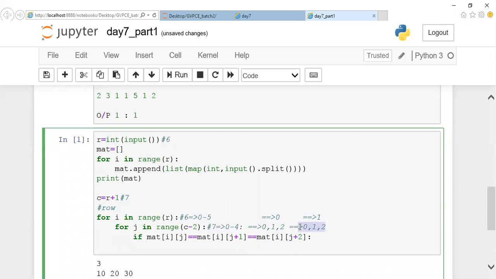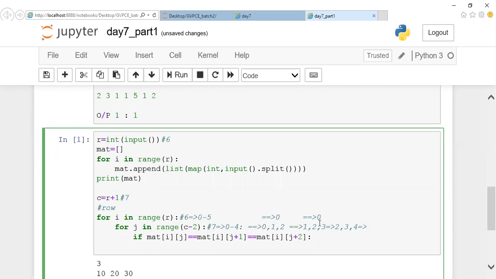Sorry for it, guys. One more combination I left out here, so that's the reason you people are confused. When it is 0, it will go from 1 to 3. Again, when it is 0, can you notice it? Your j value will increment. Your j value remains 0 here. This is your j value 0, j value 1, j value 2, 2, 3, 4.